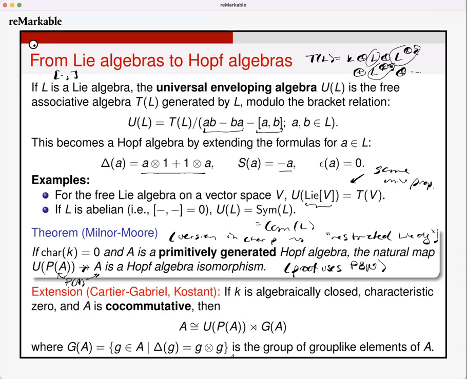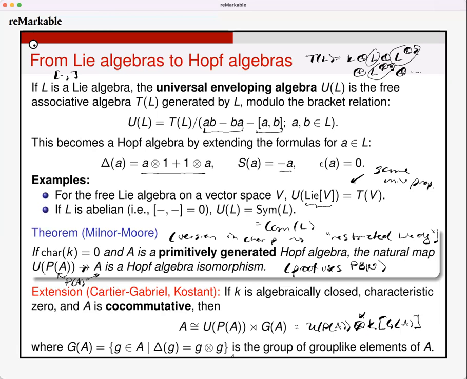This is really, as a vector space and as an algebra, the universal enveloping algebra of P of A tensored with the group ring on G of A, where G of A is the group of group-like elements. And then the group-like elements act on the primitives by conjugation, because I'm allowed to invert things in group-like elements. And so there's actually some sort of twisting going on there. And that's